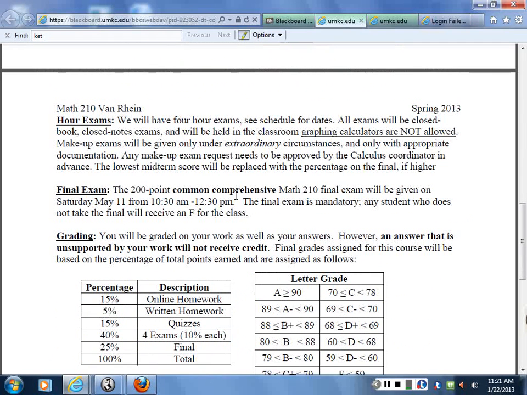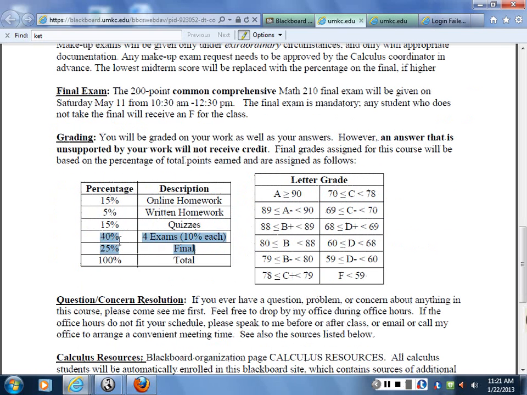Hour exams, there will be 4 hour exams, and you can drop the lowest one. Sorry, you can't drop the lowest one. You can replace the lowest one with a final percentage if that's higher. So if you totally bomb one of the exams, you can recover. The chances there, but the likelihood if you bomb the first 3 exams that you're going to pull out is pretty low. But there's still that chance, so that kind of keeps some students in the game